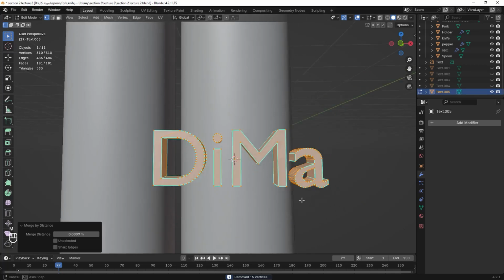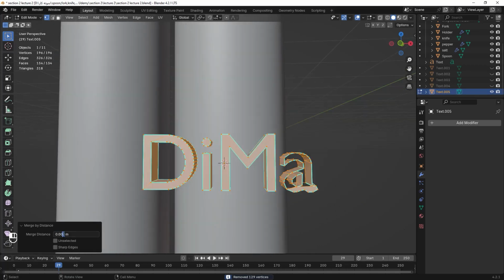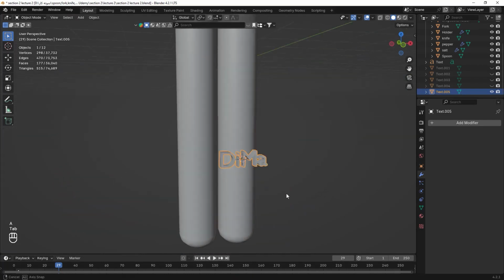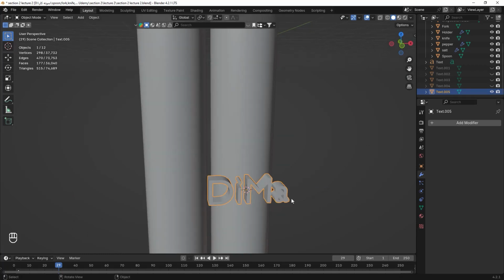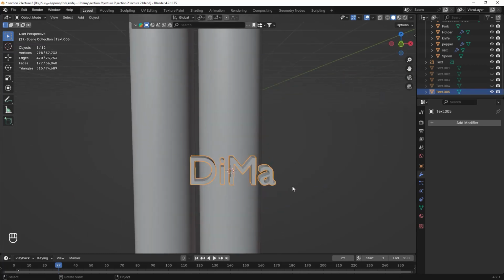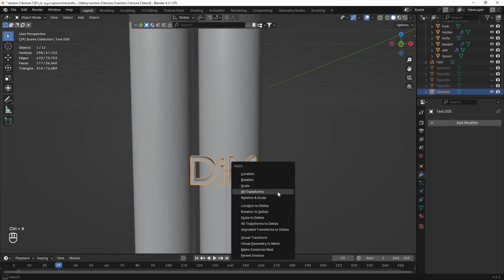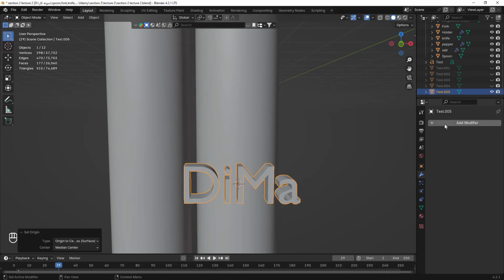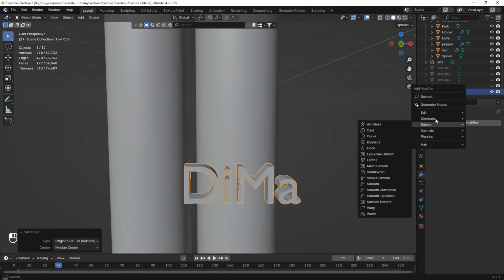Then we enter the edit mode, and by pressing the M key we set the merge by distance to the 100ths, and a very important point is that in solid mode, by pressing the control key and A, and then selecting apply all transforms, we apply all the items,